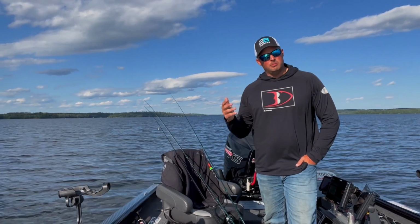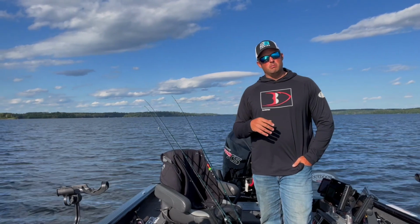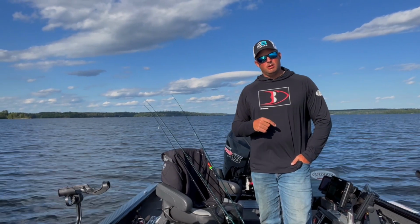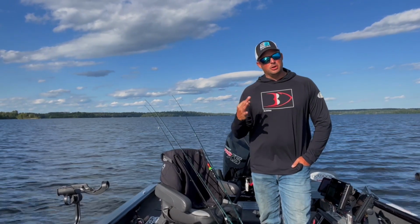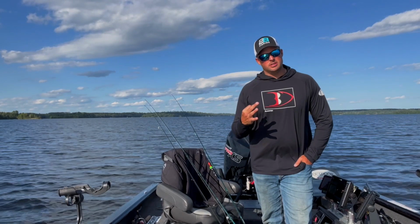All right, I'm going to have my whole lineup of lindy rig rods, my medium light, extra fast action. All right, I've got whether they're the Elite Series or the Genesis, I've got those all rigged up. And my third approach, if you're going to come out here and try to fish walleyes, all right, is going